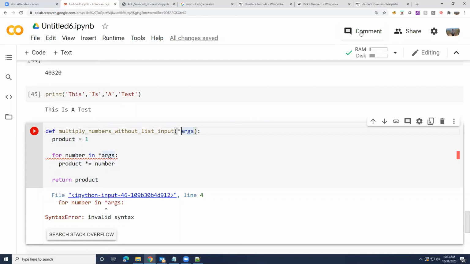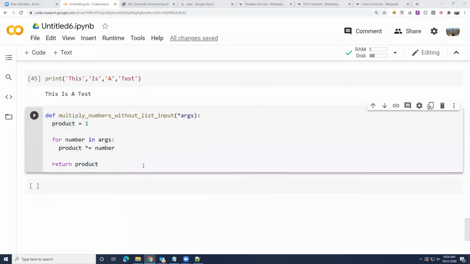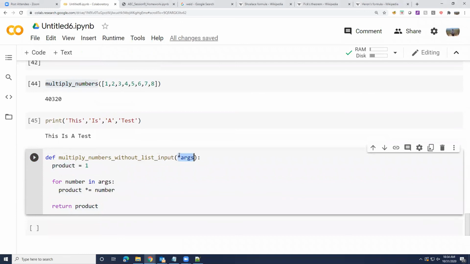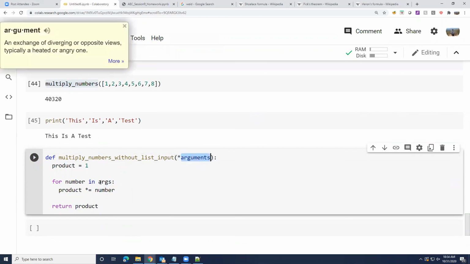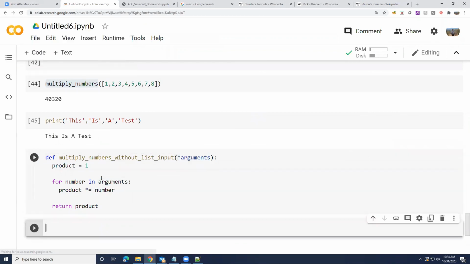I was looking. Okay. No, I was making a mistake here when I was accessing it. So when I say my function accepts asterisk args or asterisk arguments, does this work? I've never tried it myself, but let's see.